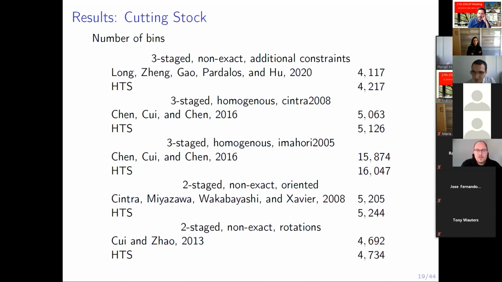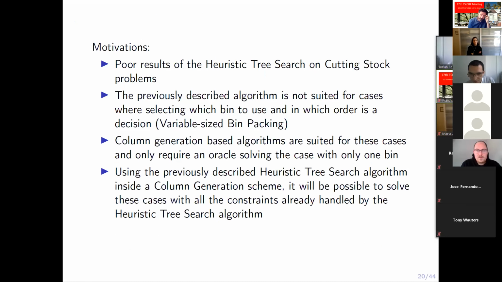And to introduce the next part, I will show the result on cutting stock. So when solutions have several times the same patterns, in this case, the heuristic tree search is not good at all. The gaps are pretty high compared to the other approaches from the literature. So for the next part, we have the heuristic tree search, which performs poorly on cutting stock problems. And there is also one classical objective that we cannot handle with this approach, which is variable size bin packing. So when there is a decision on which bin to choose,